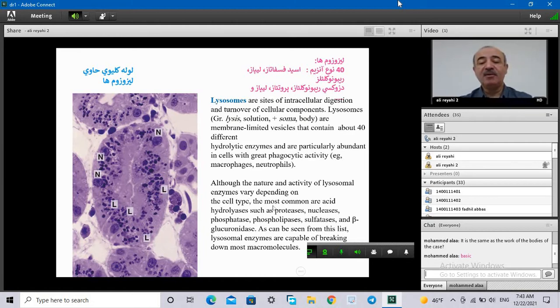The most common are acid hydrolases, such as protease, nuclease, phosphatase, phospholipase, sulfatase, and other enzymes, okay? As can be seen from this list, lysosomal enzymes are capable of breaking down most macromolecules. So the different macromolecules that enter the cells, or the old organelles, can be hydrolyzed within the lysosome with the help of